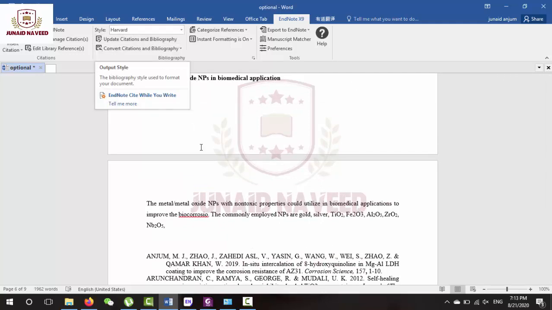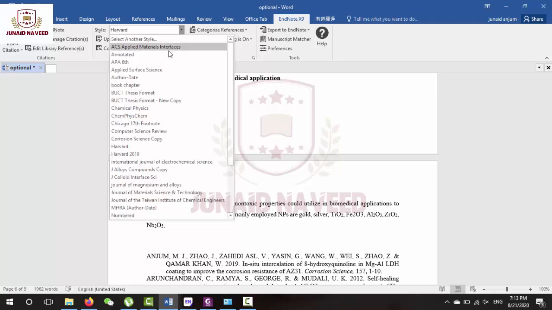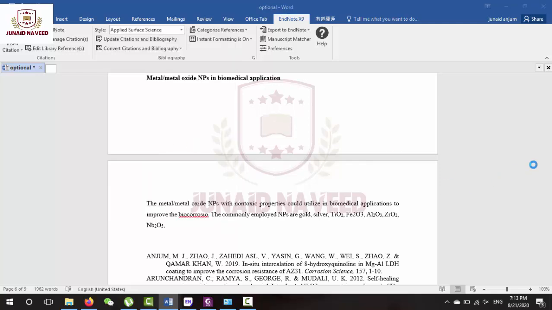You need to focus on which style is desired by the journal or by your university. You need to follow the instructions from the university, or if you are submitting an article to a journal, you need to follow the instructions of that particular journal for adding references in your article. Let me change it from Harvard to Applied Surface Sciences.